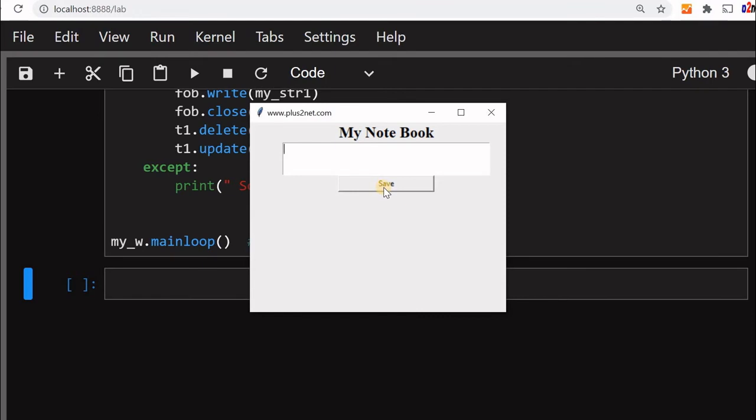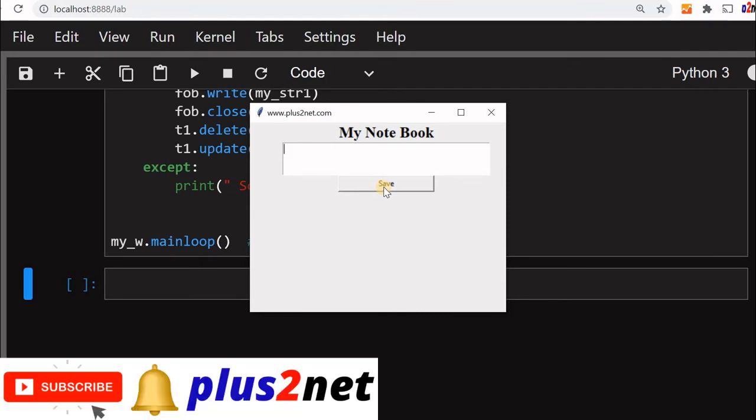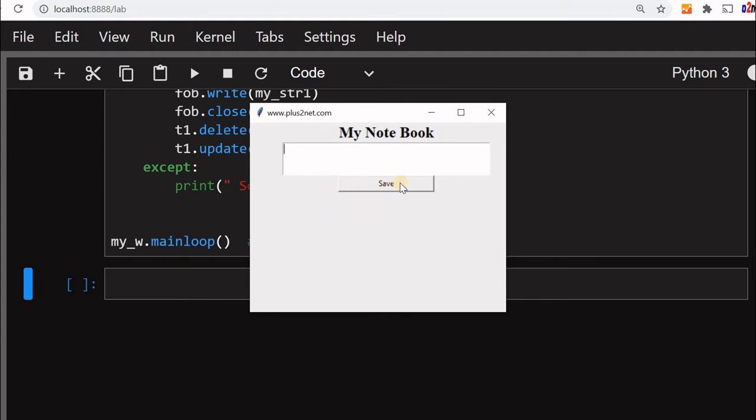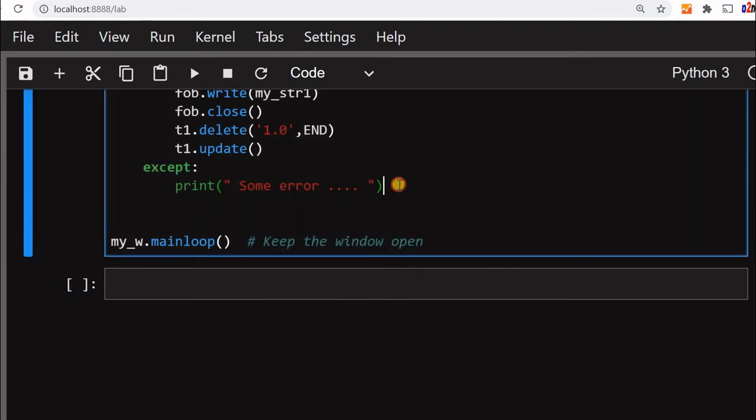Now what happens, we want to tell our visitors that yes, your data is saved, now go on entering the second. Instead of that we can give it here as a label. Instead of that, let's use this button text, whatever is written here as save. That will say that saved, your data is saved, or whatever message, and that message we will not give permanently, we will give it for some time, and then for the next data we have to make it ready. For that we will use one timer function, after.